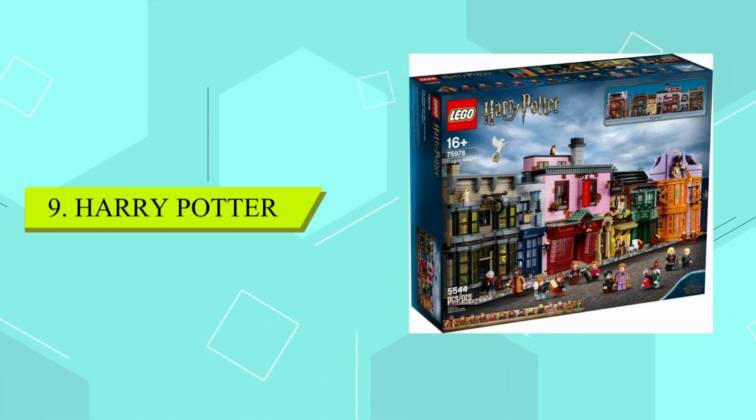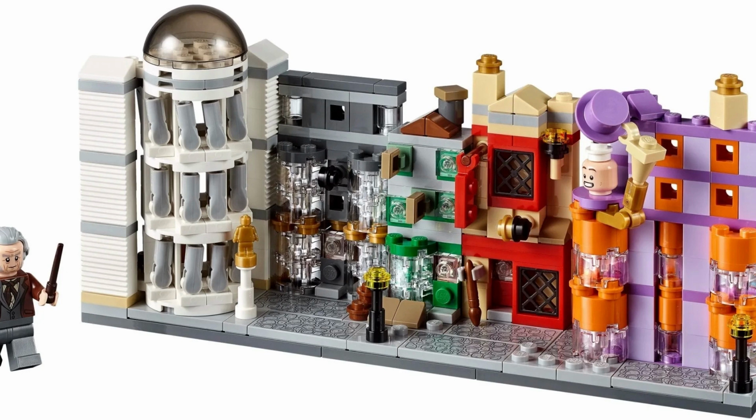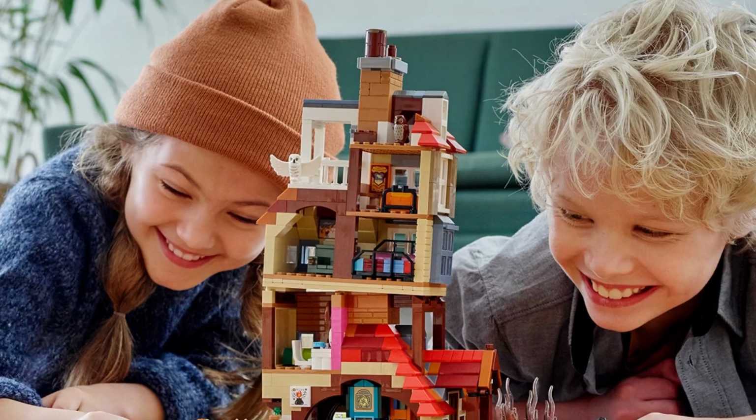Alright, moving on here, at number 9, we have the LEGO Harry Potter Diagon Alley. This set was released in 2020 and it retails for $400 and includes 5,544 pieces. Now, I'm a big fan of the LEGO Harry Potter theme, and I think this is one of